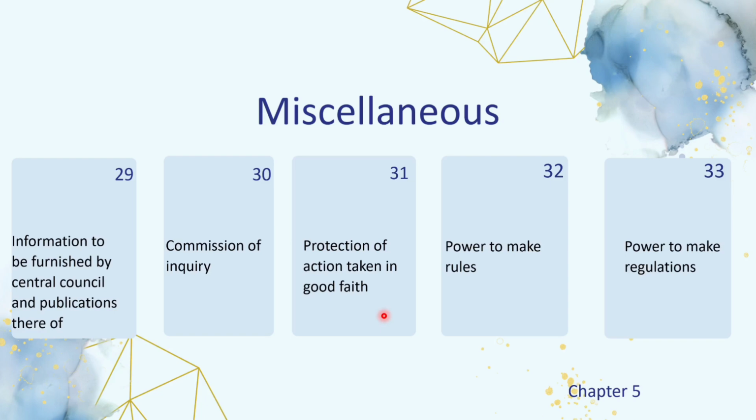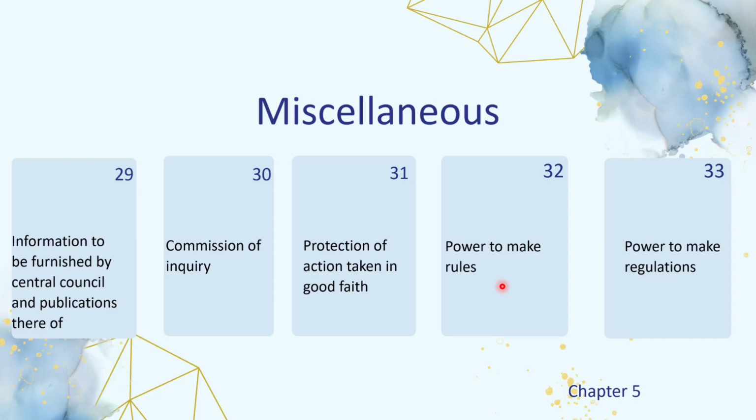In point number 32, we have power to make rules. The central government may, by notification in the official gazette, make rules to carry out the purpose of this Act. Every rule made under this section shall be laid as soon as may be after it is made, before each House of Parliament while it is in session, for a total period of 30 days, which may be comprised in one session or in 2 or more successive sessions, and if before the expiry of the session immediately following the session